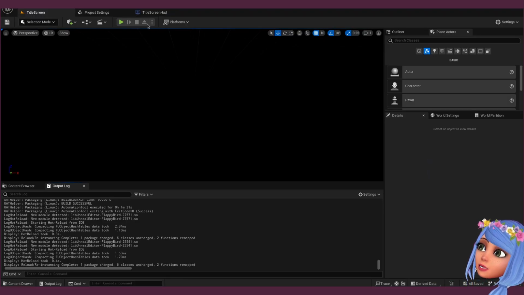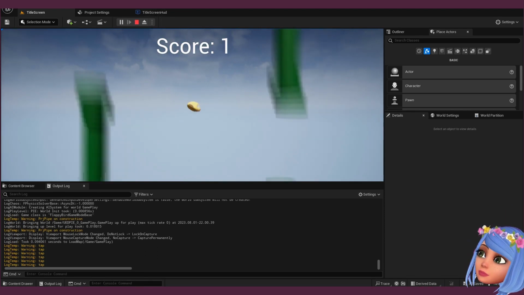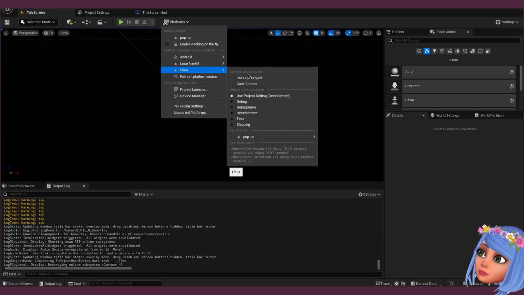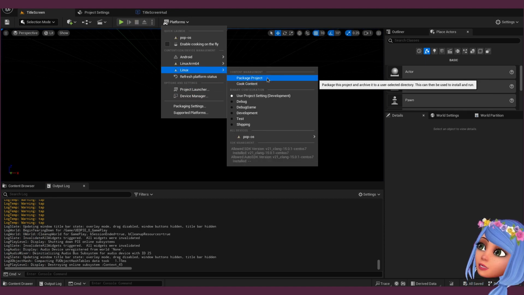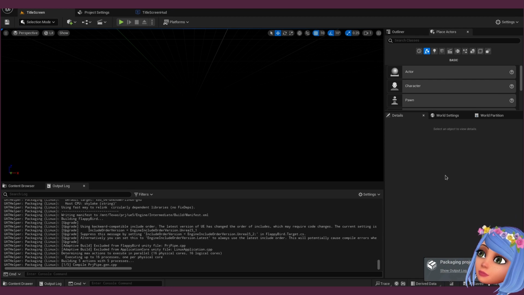So hopefully, yeah, this is working. Okay, let's cook it again, package it again. 1, 2, 3.